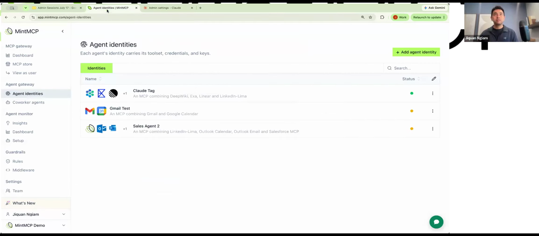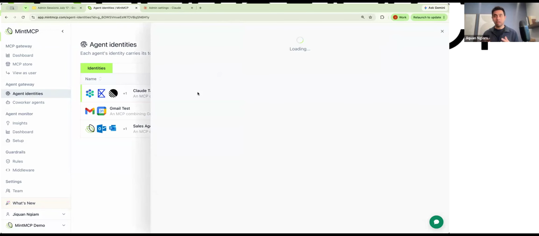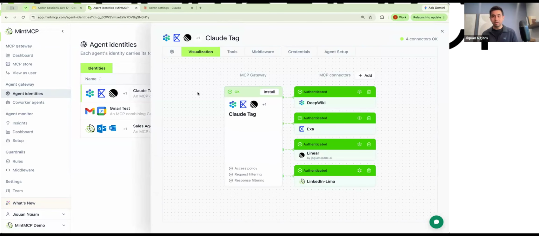On the Mint side, we have something called agent identities that many of you have seen. These are the ability to create identities for agents that connect to systems like Claude, Hermes, OpenClaw, and different things. In my demo here, I've created an agent identity for Claude Tag to use. I've connected it to a few systems like DeepWiki, Exa, Linear, and so on.